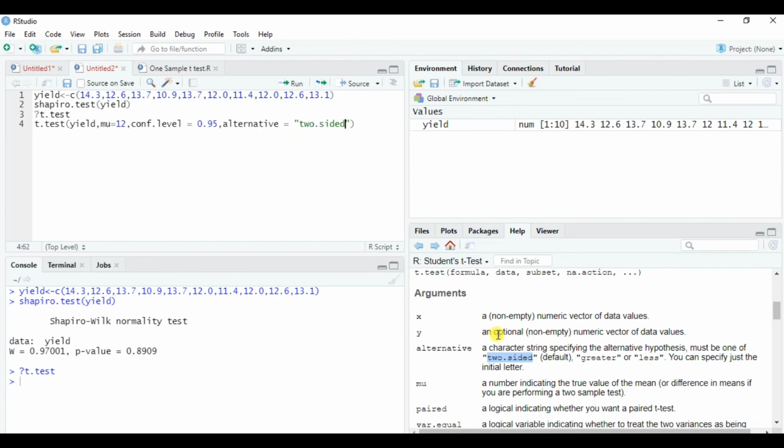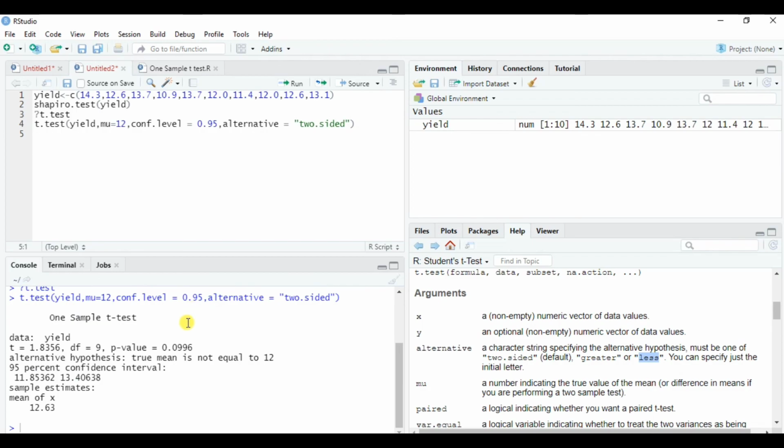But suppose the alternative hypothesis was that the average yield is greater than 12 quintals per hectare, then we must use greater. And if the alternative hypothesis was that the average yield is less than 12 quintals per hectare, you will have to write less. So this was all about the function t.test. Now just run this.